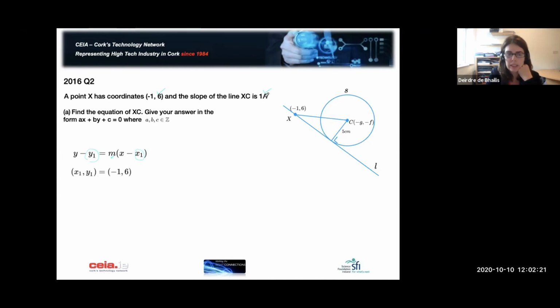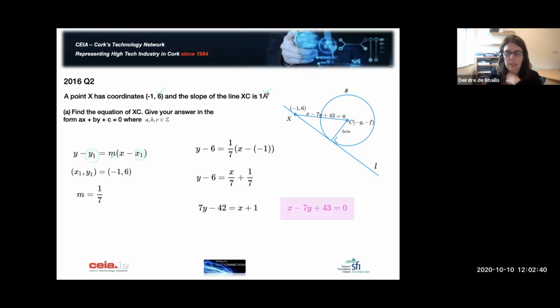We're going to populate x1 and y1 with -1 and 6, and we're going to populate m with 1/7. That generates this equation, and it tidies up